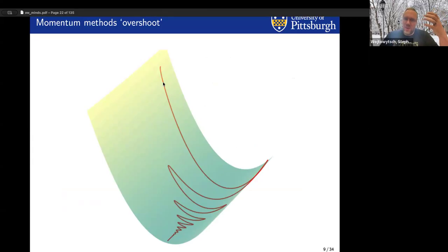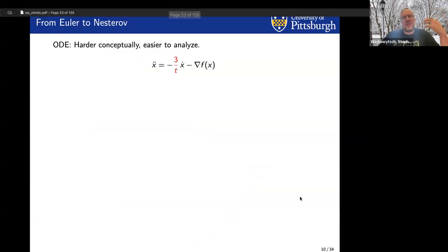And those are precisely the kind of places where we overshoot the minimum, or we overshoot a low objective place because we roll down the mountain and then we roll up on the other side of the valley. And so we get these oscillations that you often see if you're using momentum-based optimizers. That seems bad, but